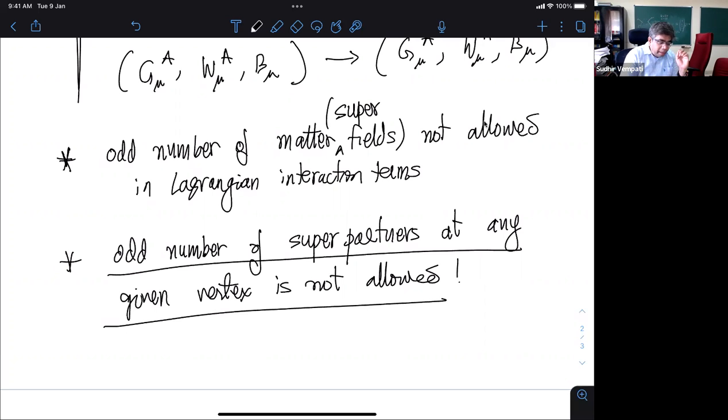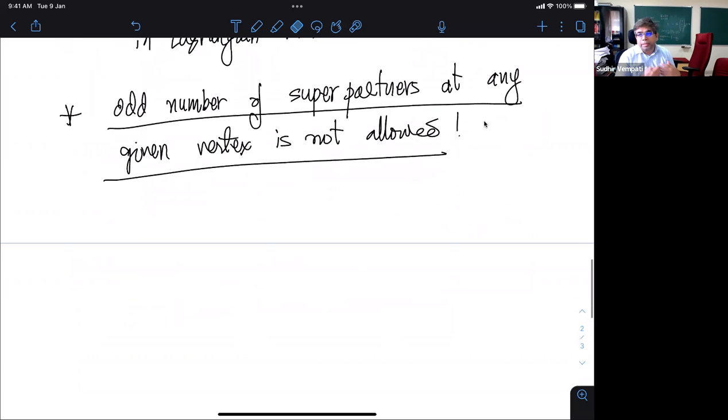Now, given that at any given vertex you will not have an odd number of superpartners, what it means is that if there is a lightest supersymmetric partner, it will not decay. Okay, it cannot decay because it doesn't have a vertex. Because there is no vertex in which there is one superpartner and two standard model particles, so there is no way it can decay. Okay, so this means